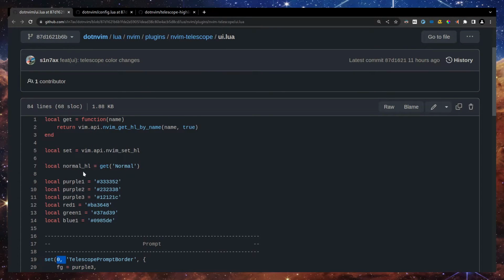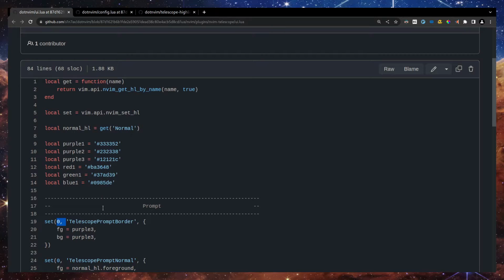Sometimes I have noticed the color may not change. That's because some other plugin or somewhere else you're overriding the existing color groups. That could be the reason if the colors are not changing. I have to note that. Then sometimes it's the language server that's replacing all the color groups. Sometimes it messes up